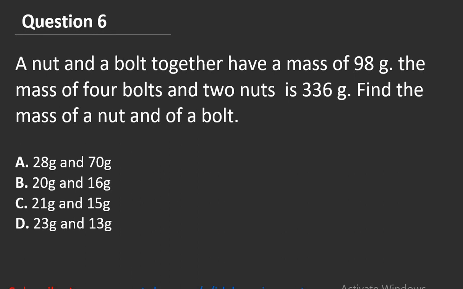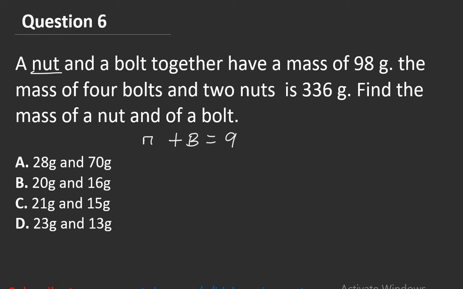Question 6 says, a nut and a bolt together have a mass of 98 grams. The mass of 4 bolts and 2 nuts is 336 grams. Find the mass of a nut and of a bolt. Let's break this down. A nut means 1 nut. Let N stand for 1 nut, plus 1 bolt, both of them have a mass of